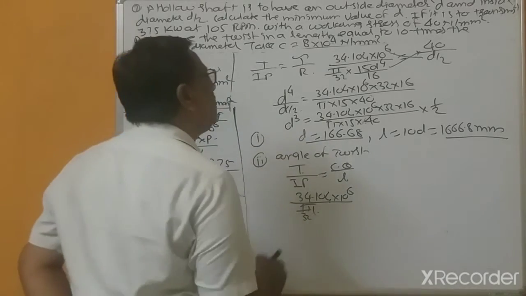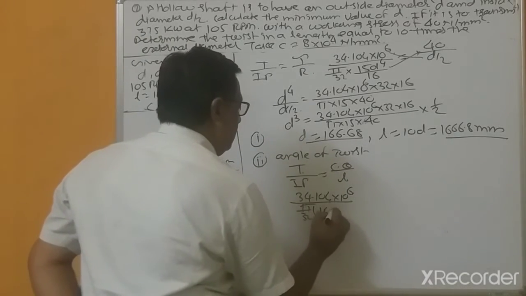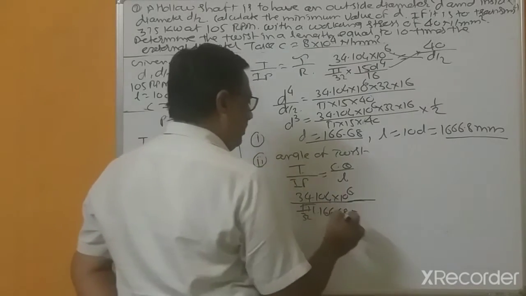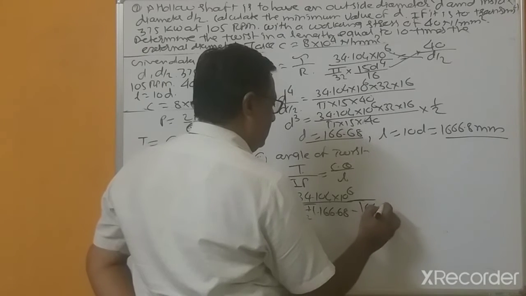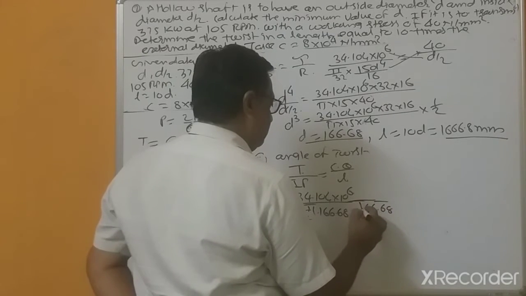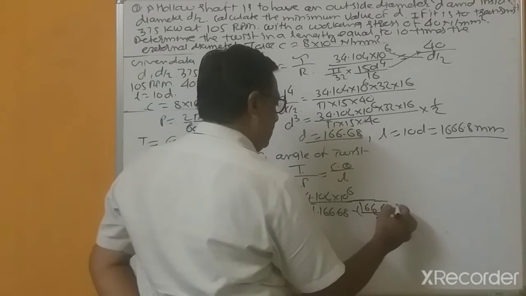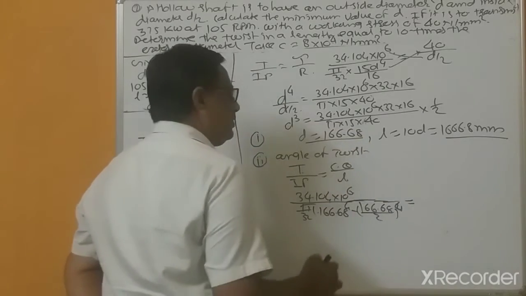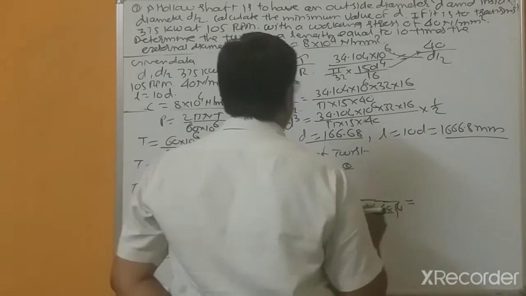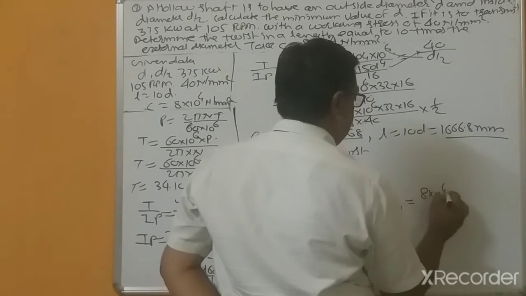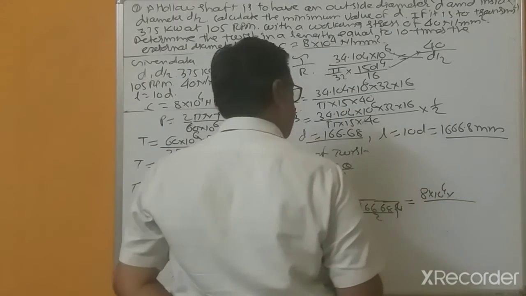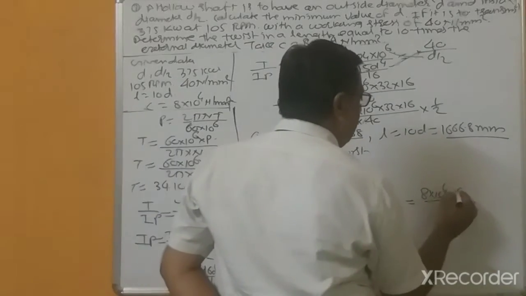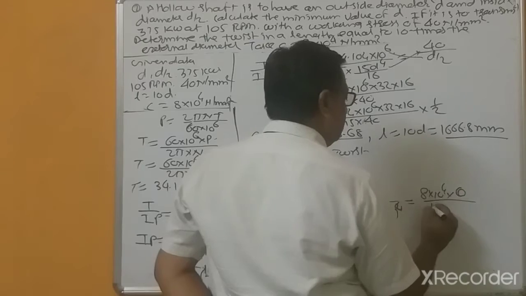Now we have to consider that diameter, 166.68 divided by half of it, divided by 2, bracket square. C equal to modulus of rigidity, 8 into 10 to the power 4. Theta is to be calculated, length equal to